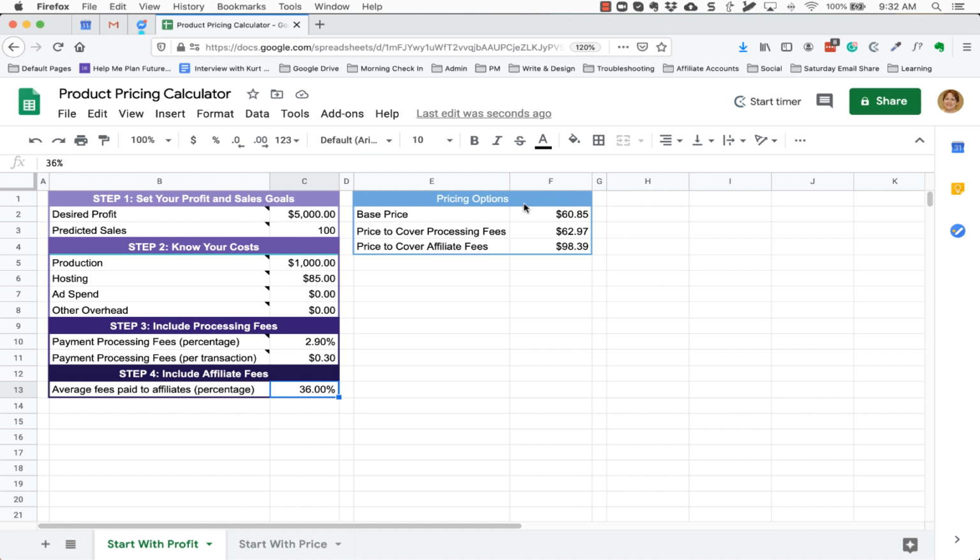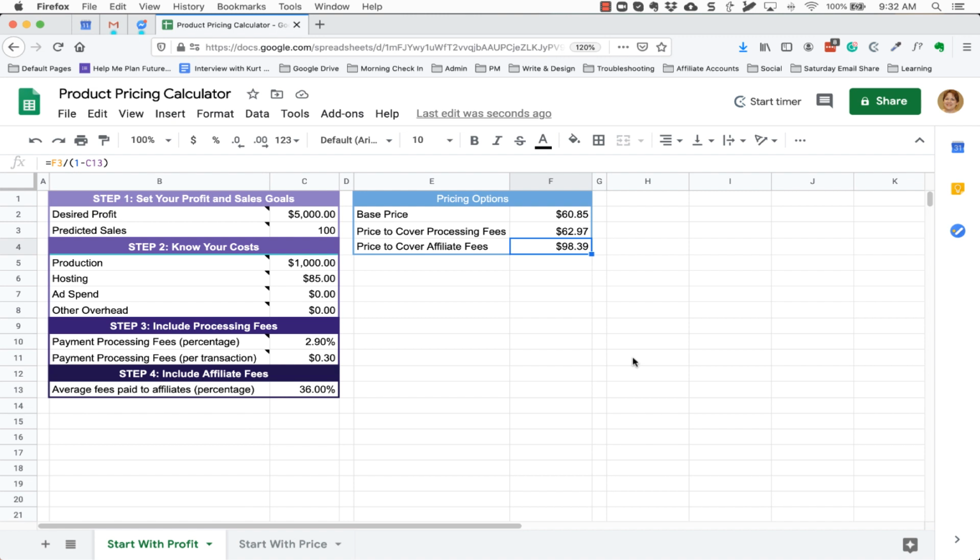So if you look over here under the pricing options column, what you're going to see is I have a base price. This is what I need to sell this product for just to cover my costs, to cover my fixed costs, not even my processing fees or affiliate fees, but to cover my fixed costs and to earn a profit. So that's going to be my base price, $60.85. If I want to actually cover my payment processing fees, I need to sell it for $62.97. And if I want to cover my affiliate fees and earn that $5,000 profit out the door, I need to sell it for